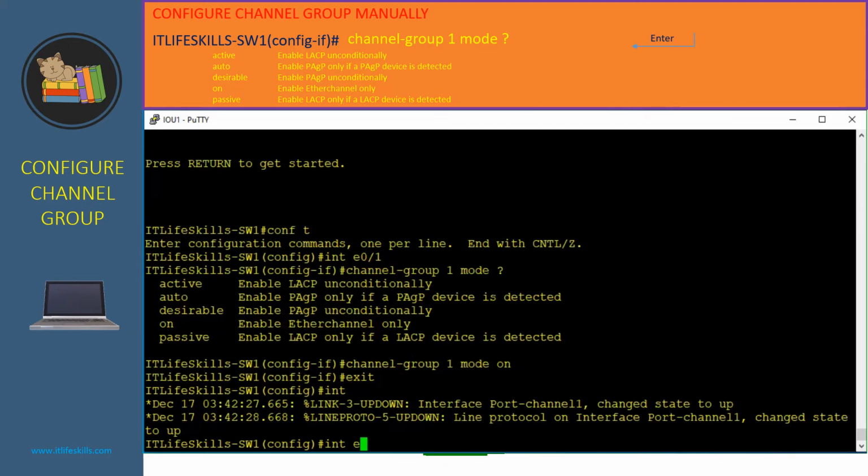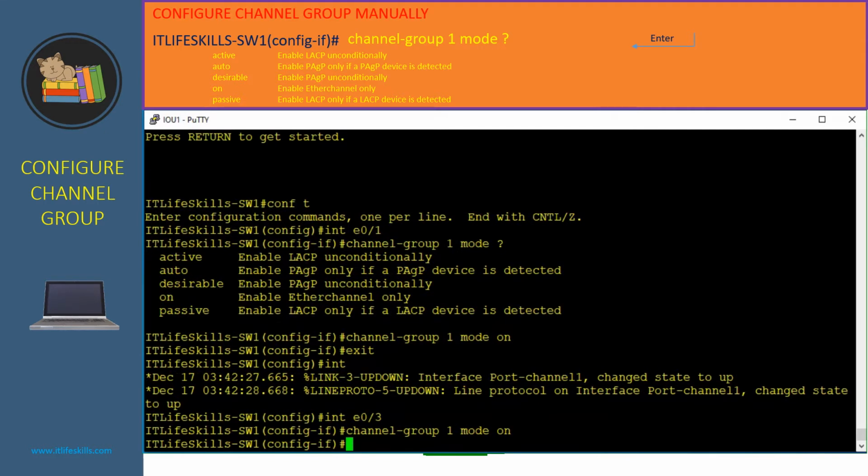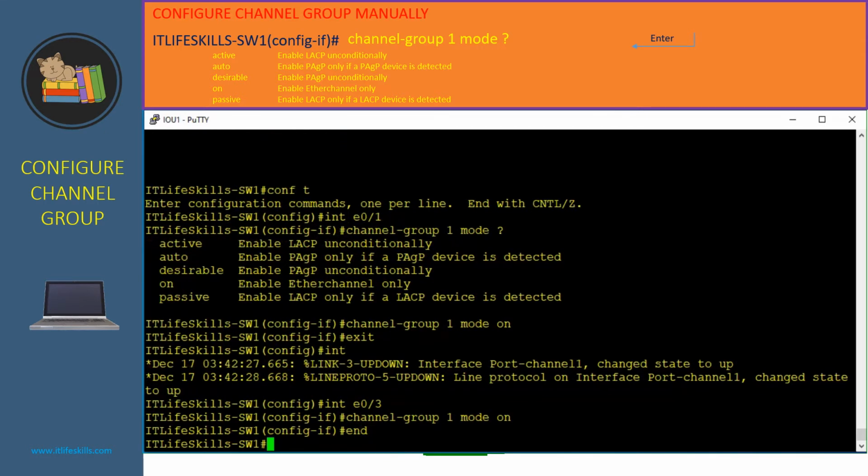Now let's go to the interface E0/3, and we specify the same command, then hit enter, and that's it. We have just configured the channel group 1 with the manual mode, and it formed the port-channel 1 on switch 1.